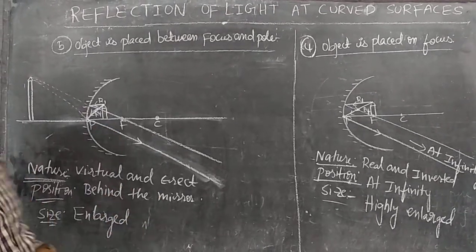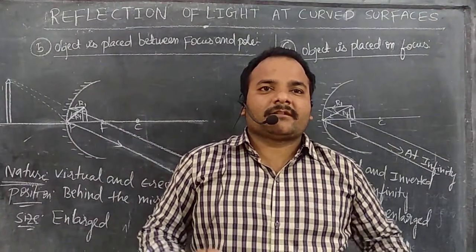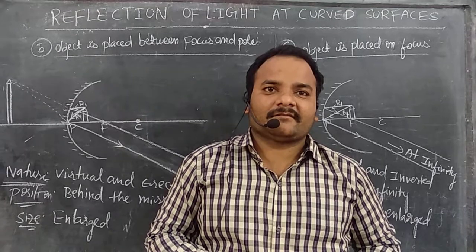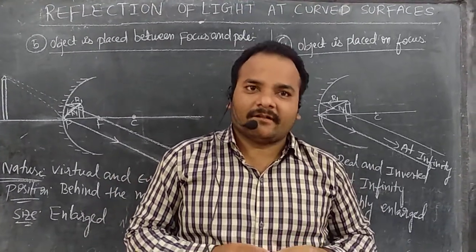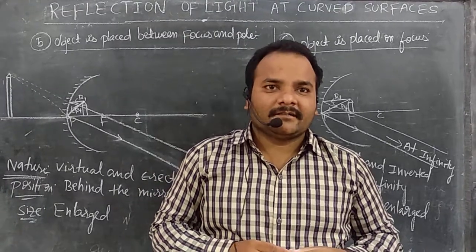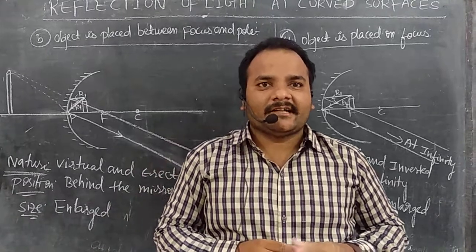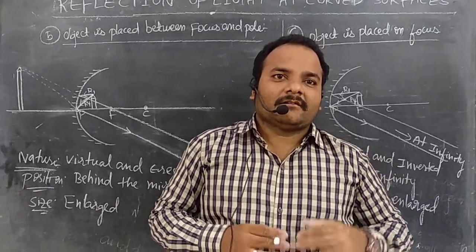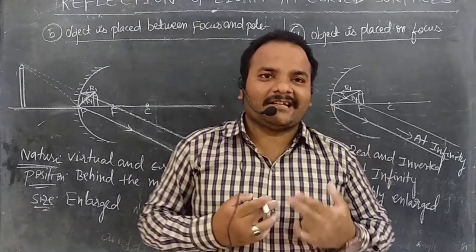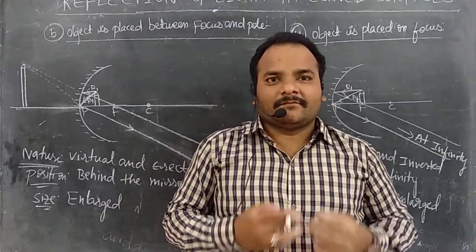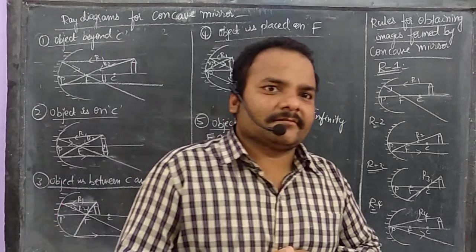So my friends, here we successfully completed the two types of images we discussed in today's class. What is a real image and a virtual image? What are the 4 rules for the concave mirror for drawing ray diagrams? In the ray diagram we discussed the 5 important cases, how to apply the rules, and how we wrote the nature, position and size. Please do the work. Complete the notes from this video.